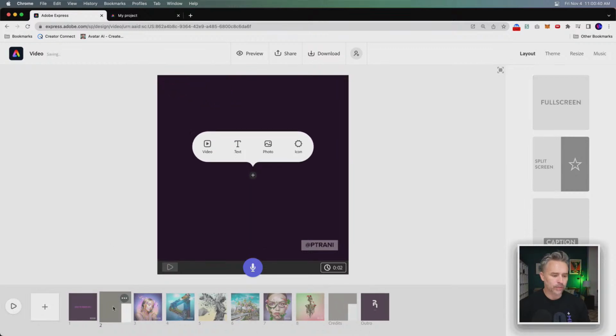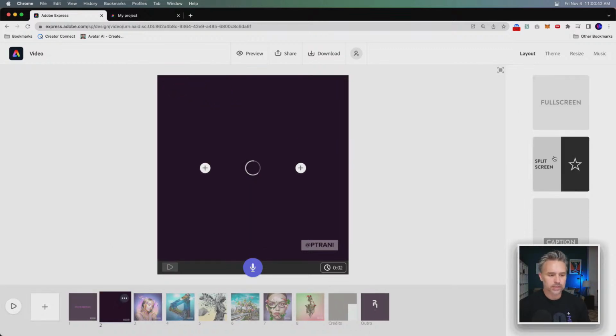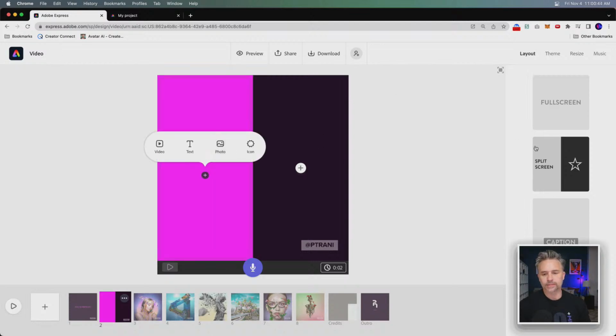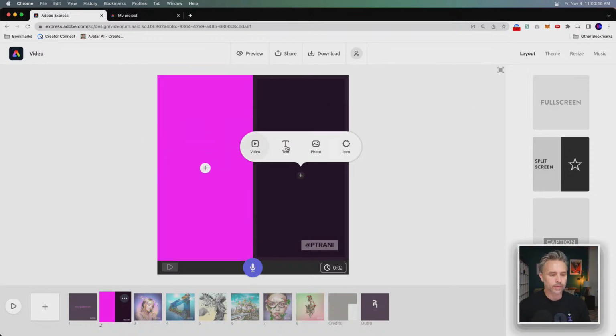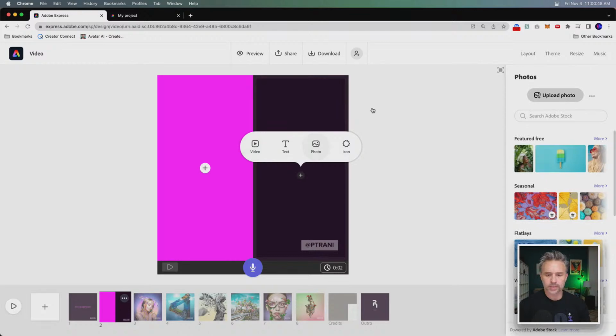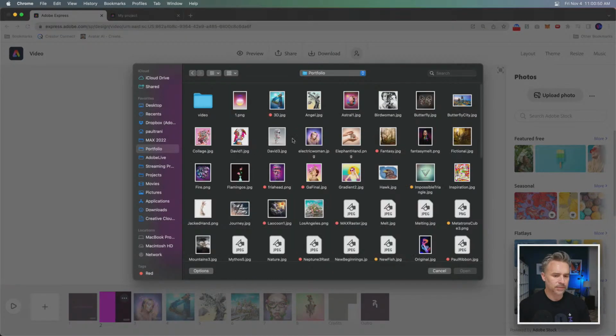And let's play with a couple more of these layouts, if you don't mind. Off to the side, split screen. I think it's pretty obvious what it does.